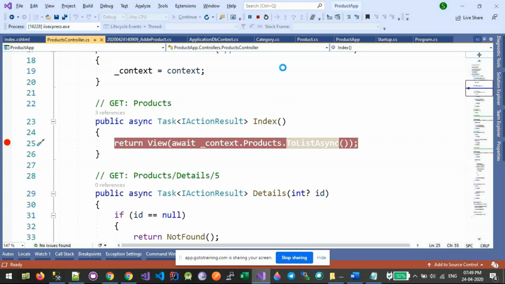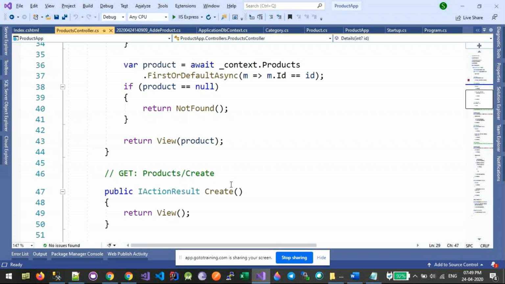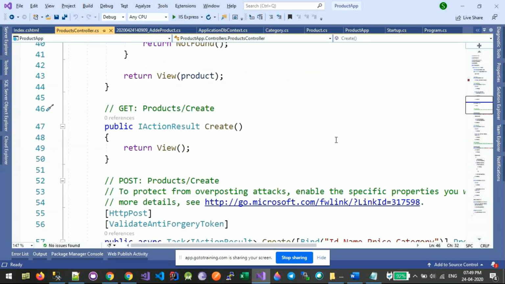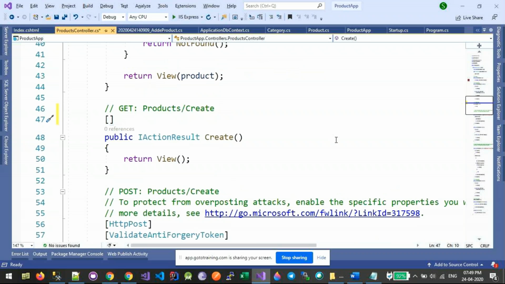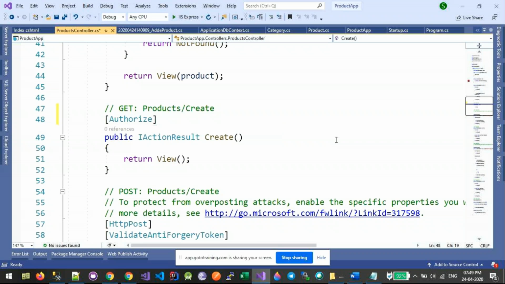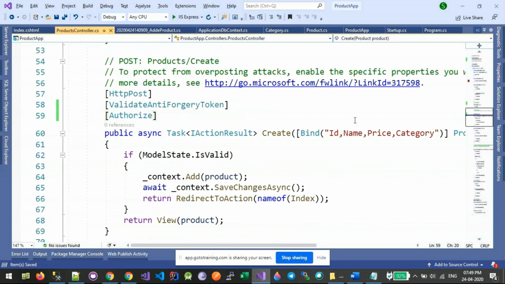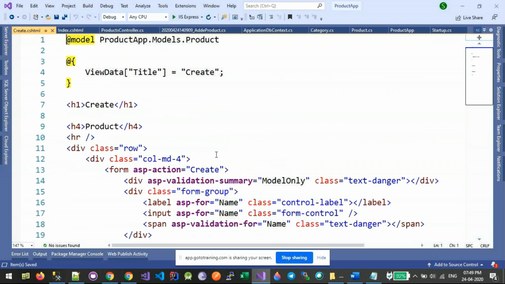So let me go back to the create action method. I'll say authorize. This will make sure that only authenticated users or logged in users are able to make a call to this action method. And there was one more problem, that is, if I go to the view of create, you will see that